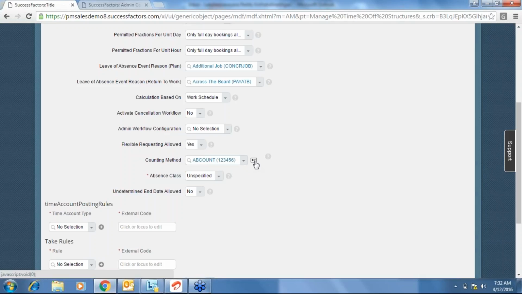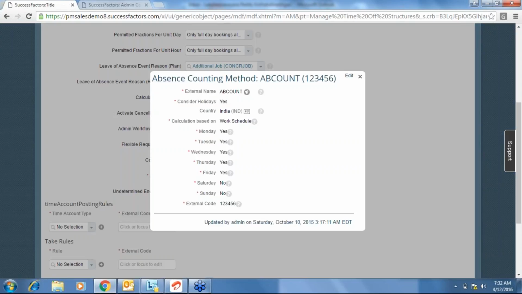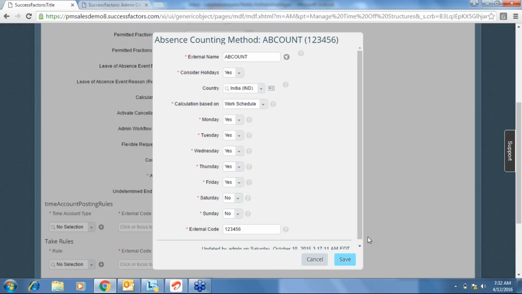Counting method, which we have to assign. Okay, we had created only one counting method. So if you see here,